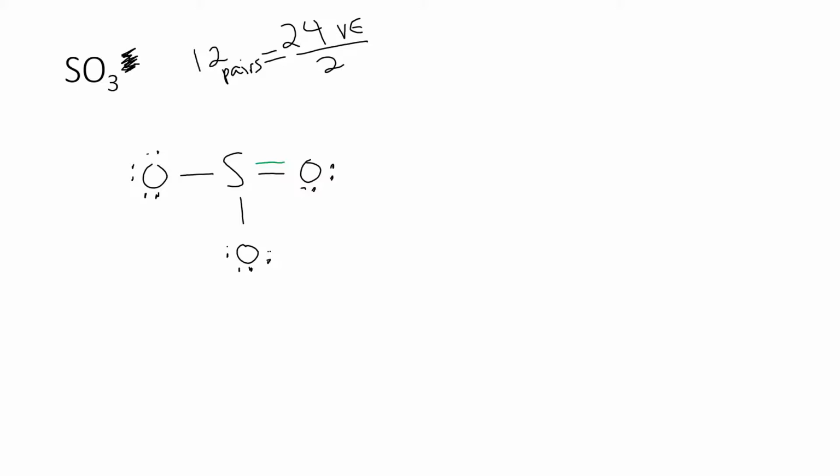And the answer is, great question. No, it doesn't matter. So I could have it look like this, or I could have it look like this. And they are all correct